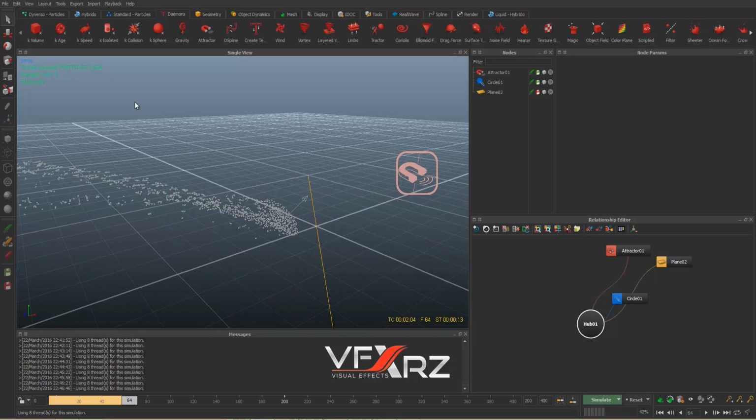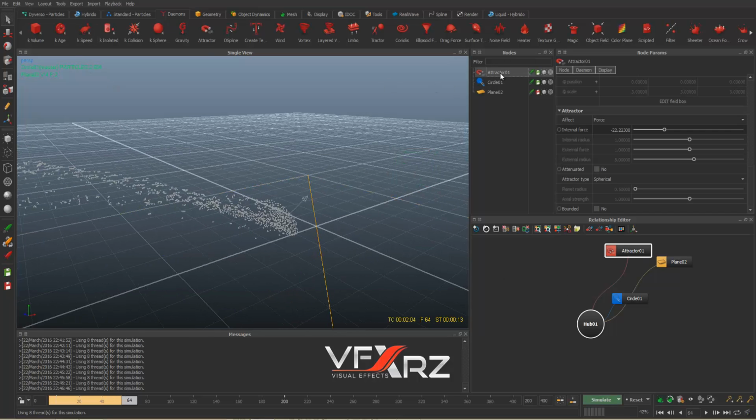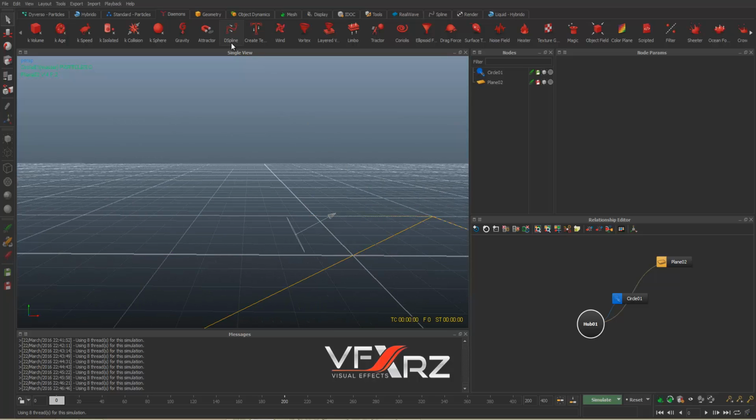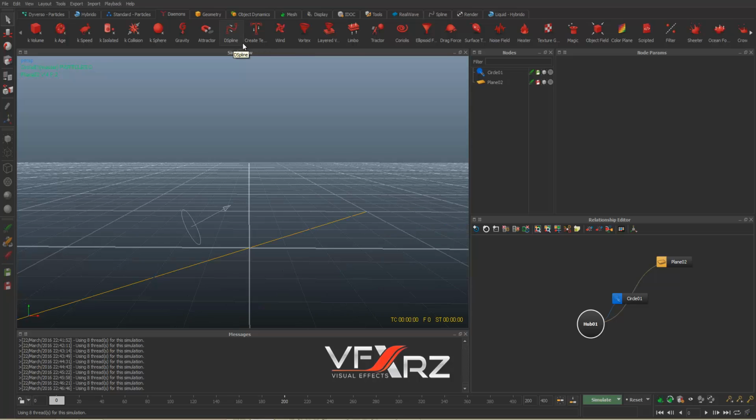Okay, click stop and delete attractor. Now reset. Next is DSP line. Here we have two options. First is DSP line and next is create text DSP line. I will create another video for teaching these two options, but for introduction, these two DSP line,